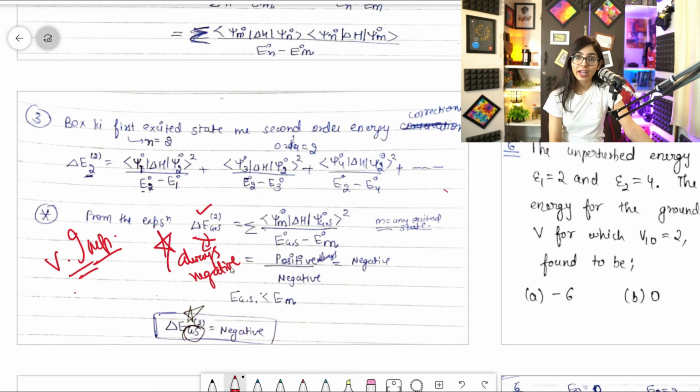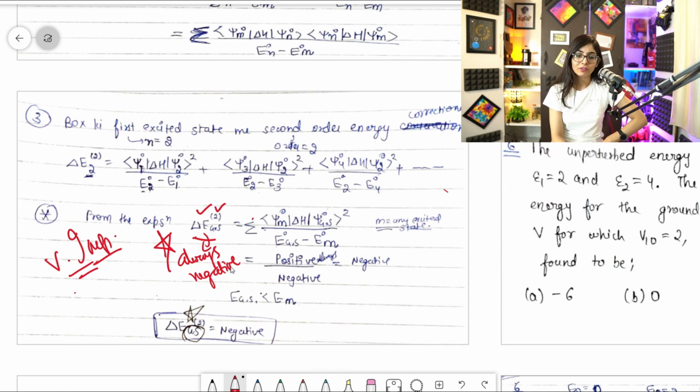This has come 4 times and I'm pretty sure it will come again, because a very small percentage of people study first order perturbation, and from that, very few jump over to second order perturbation. I have seen on YouTube also that very few teachers teach this concept. So I'm teaching you in much detail, so just pay attention. I'll also give you the reason; we'll see mathematically how it is negative. Clear?